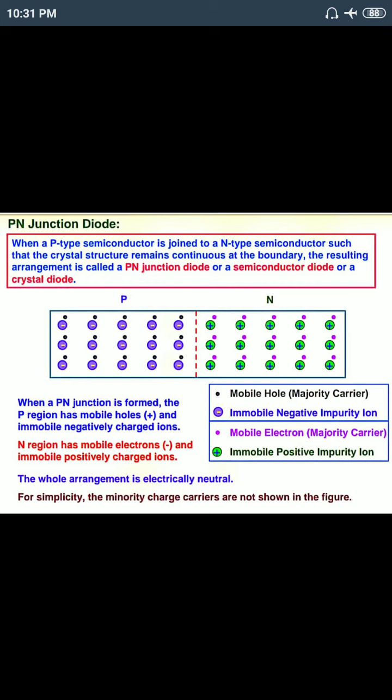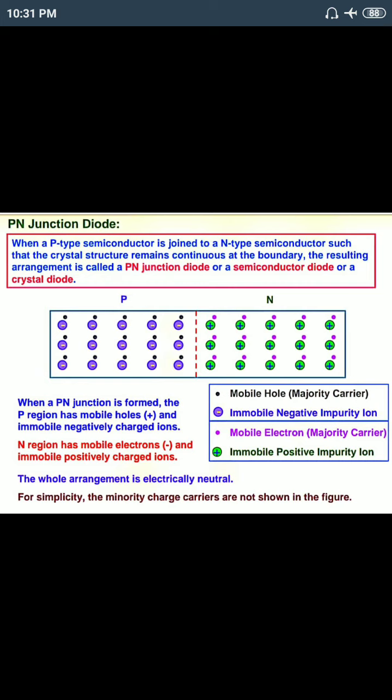One is positive, another one is negative, because the p side is positive, its majority carriers are holes, and the n side is negative. So that terminal will be negative. That's why this is called diode. Di means two, ode means electrode. So p-n junction diode, I hope it is clear. P-type and n-type semiconductors are present, a junction is formed in between them, and for the diode, two electrodes are there. That's why this is called diode.